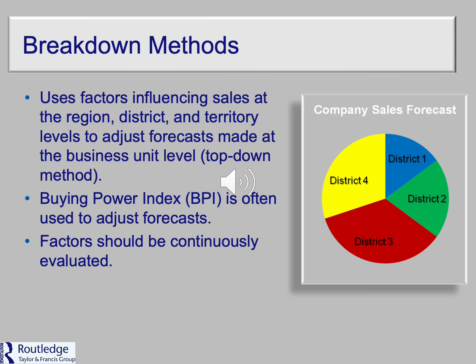The key to this one, and this is the last bullet on the slide, is that those factors that you're using to create these indices, and also the territory divisions, have to be continuously monitored and evaluated, because there'll need to be adjustments made as there are fluctuations in some of those numbers, right? So I in that equation, the percentage of U.S. disposable income in a county, could fluctuate from year to year, so you need to adjust that. So that is your breakdown method.